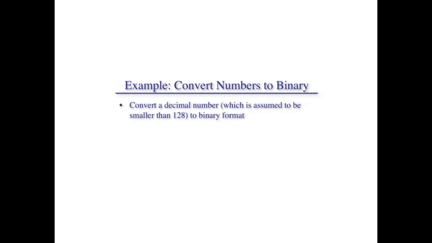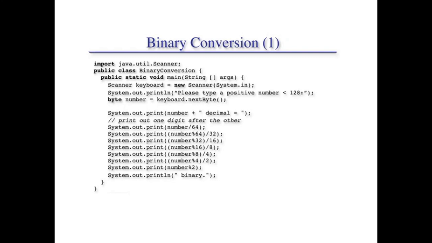Look at the slide. How can we do this? Suppose you are taking the input as a number. Whatever number you want to convert into binary has been taken up in this variable known as number. It is of byte data type, no problem. So why byte data type? Because we are taking just numbers that are less than 128, or the range is between minus 127 to 128. So we want to perform conversion to binary. So what will we do?